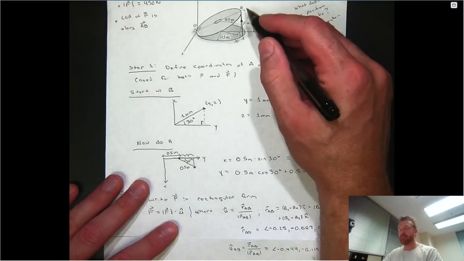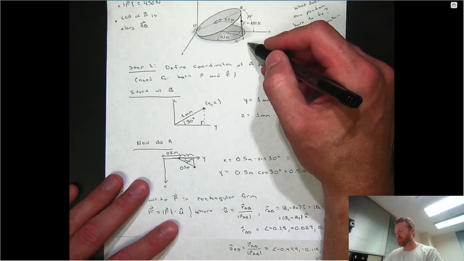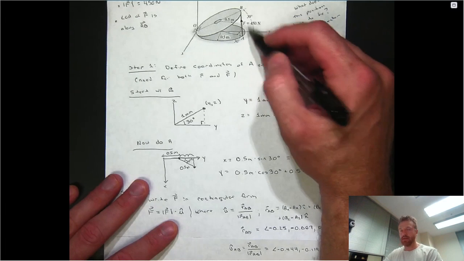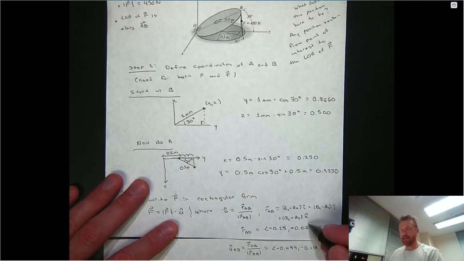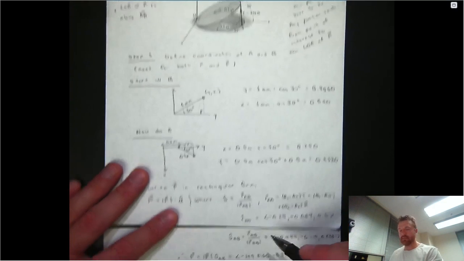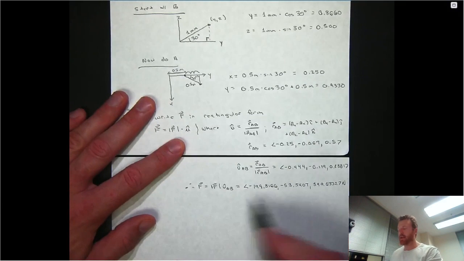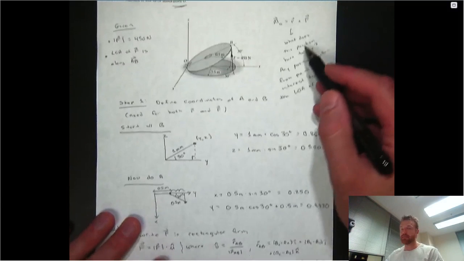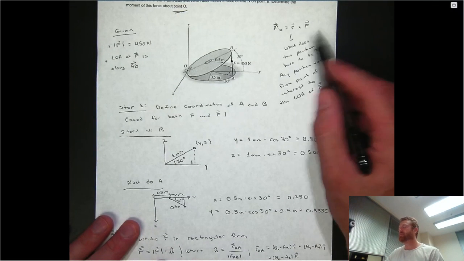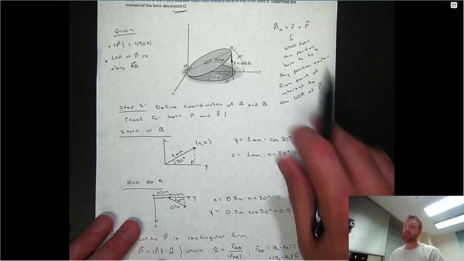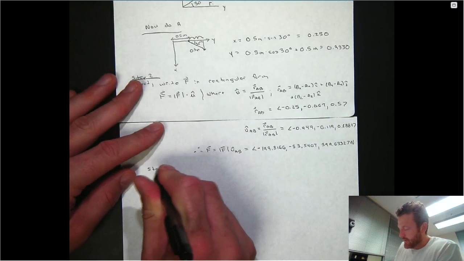We know it's directed from A to B. We can get the coordinates of A and B, and write a position vector between the two by subtracting coordinates on a per coordinate basis and scaling by the i hat, j hat, and k hat vectors. Once we have that unit vector, we scale it by the magnitude and get an expression for the force. We need this expression because ultimately we want to take a cross product, and in 3 dimensions that's easiest to do if we have the vectors in rectangular form. So the question is, finish this off,